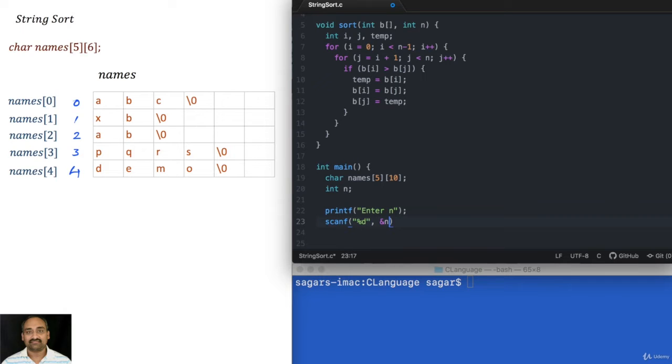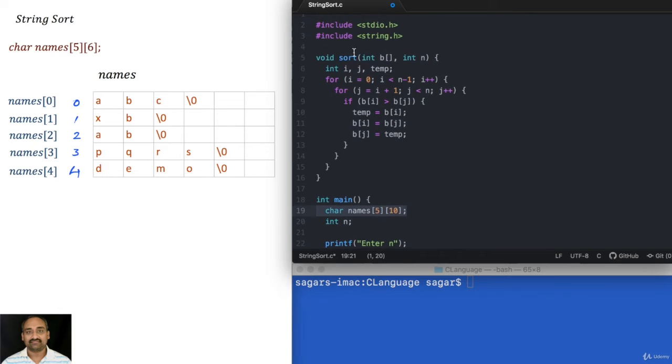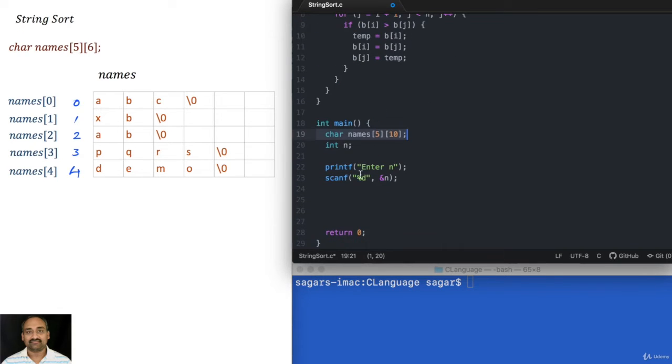%d, &n. Now I want to read all the strings first, and then I will use the sort mechanism to sort those strings. So how to read that? We need a variable called i.